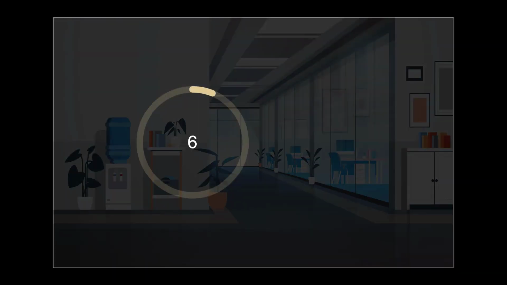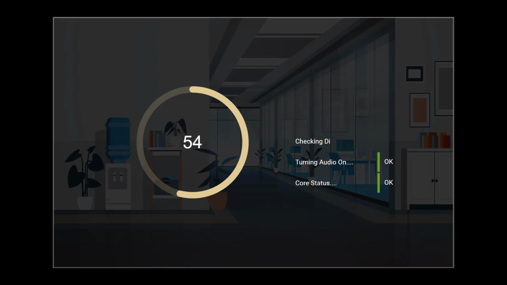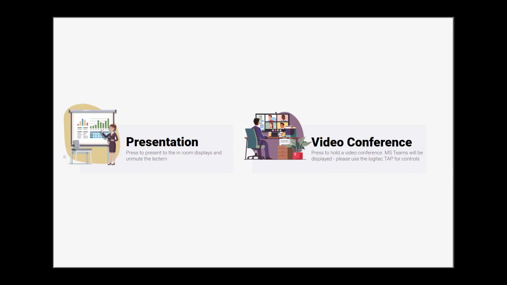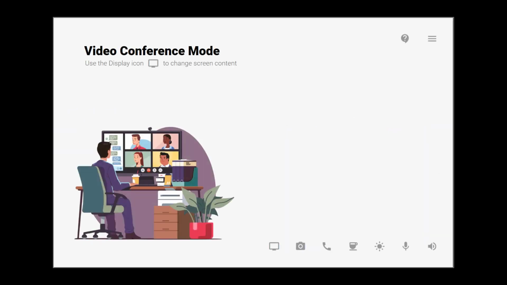So this first loading page was built with the new SVG renderer in Lua. I reused this script a few times in the design for some volume controls and things like that. We were doing a little bit of a status check on the system as well at the same time. So I'll just select video conference mode here. Now we had a couple of MV32s, we had dual displays, some MTR integration on the stand, so a little